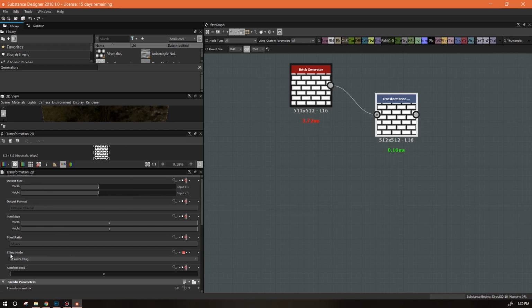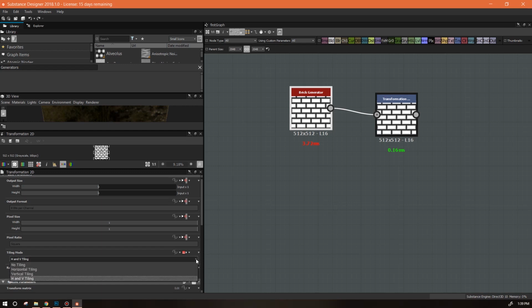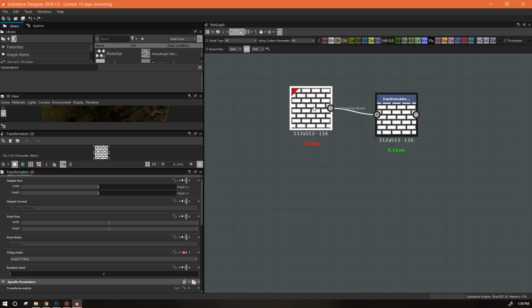Instead of output size, now we're talking about the mode of tiling. If the mode of tiling is inheriting from either one of these places, by definition, you can't change it. So the only place that you can change a tiling mode is if you've set it to absolute. And there are many reasons why you would want to do this, especially when you start making your own noises,